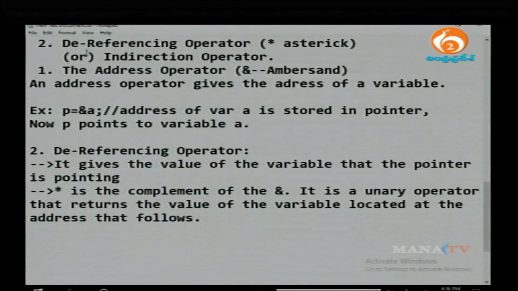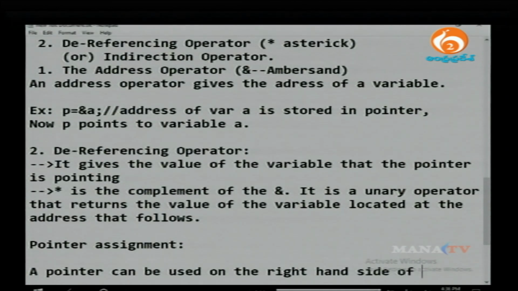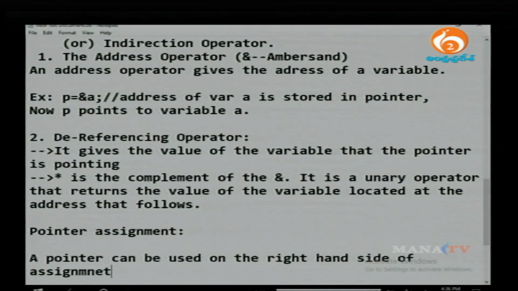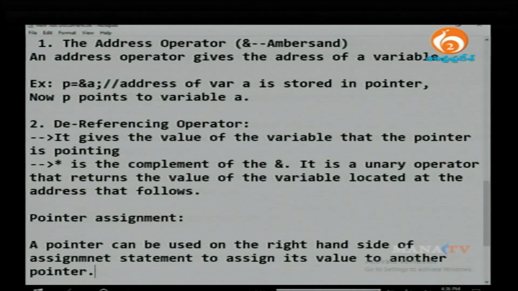Now you can see the pointer assignment. A pointer can be used on the right hand side of an assignment statement to assign its value to another pointer. For example,